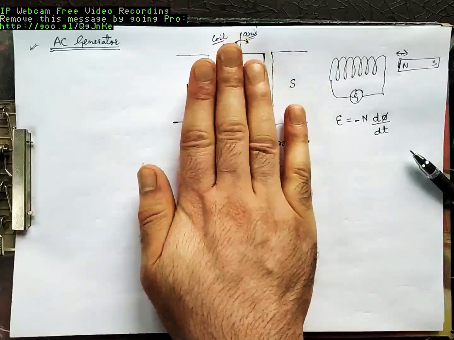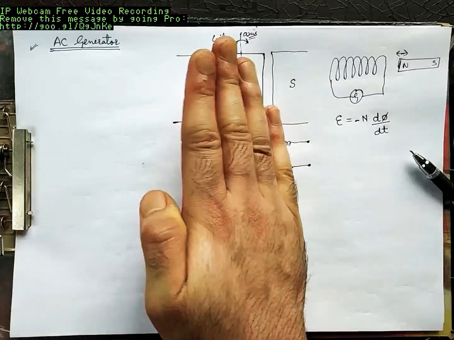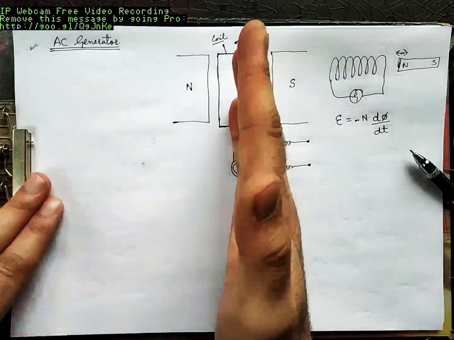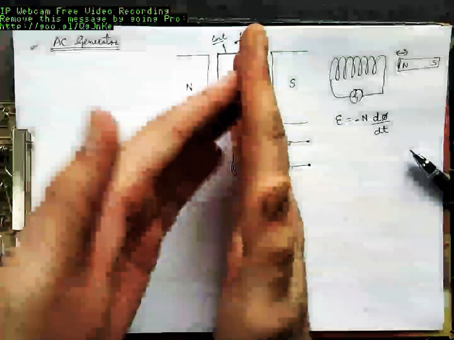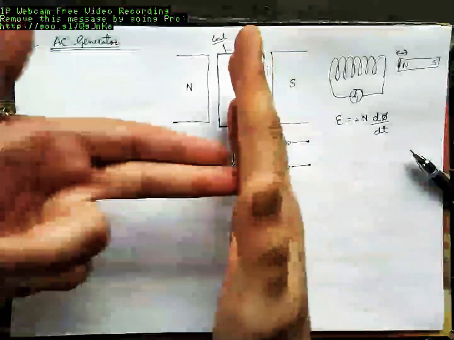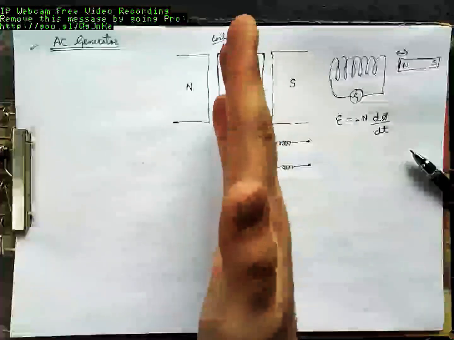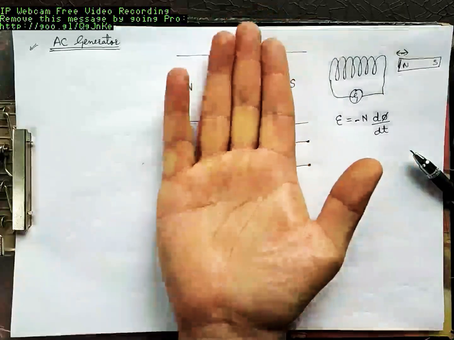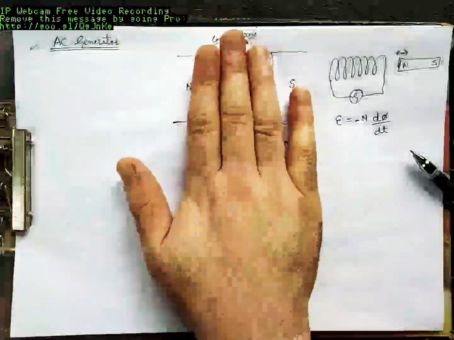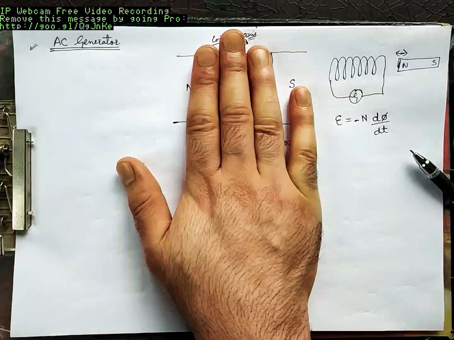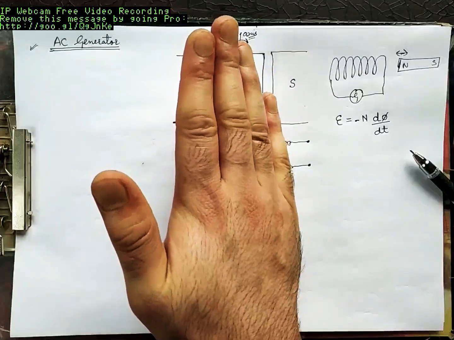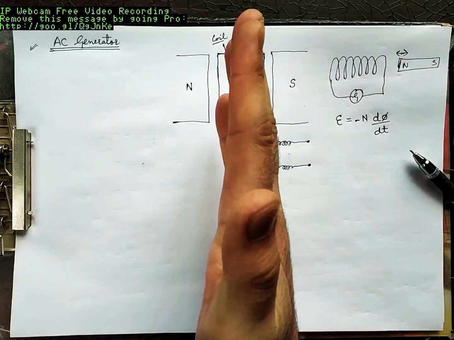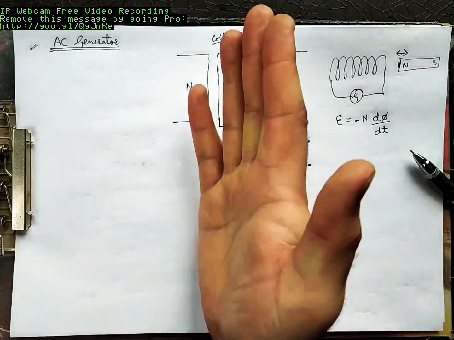Now if I rotate this coil here, the flux from North Pole to South Pole will pass through this coil. Again, when you rotate it further, the flux through the coil will decrease. Flux will again become 0. So initially the flux through the coil was 0. If you rotate this coil, the flux through the coil is increasing. Flux through the coil becomes maximum. And then you rotate it again, the flux through the coil is decreasing, and finally it becomes 0.